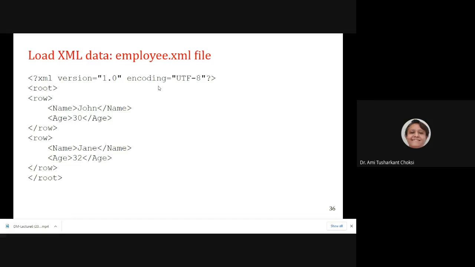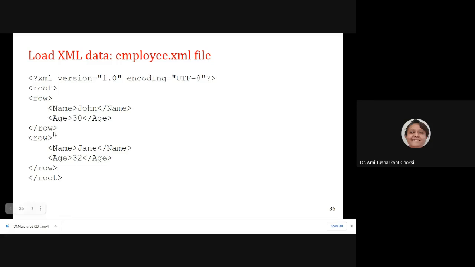As we know, in XML we have user-defined data. So let us write this XML file. Let's say we have root. Inside that we have row. In that we have two elements, one is name, second is age. So for the first one, name is John, age is 30, and row is there.